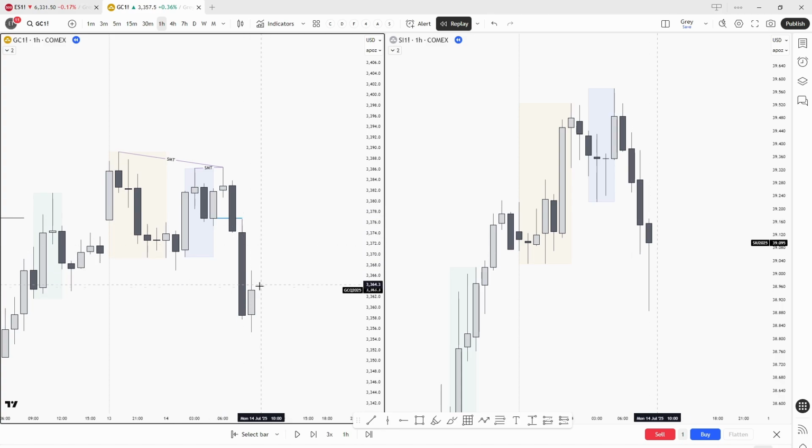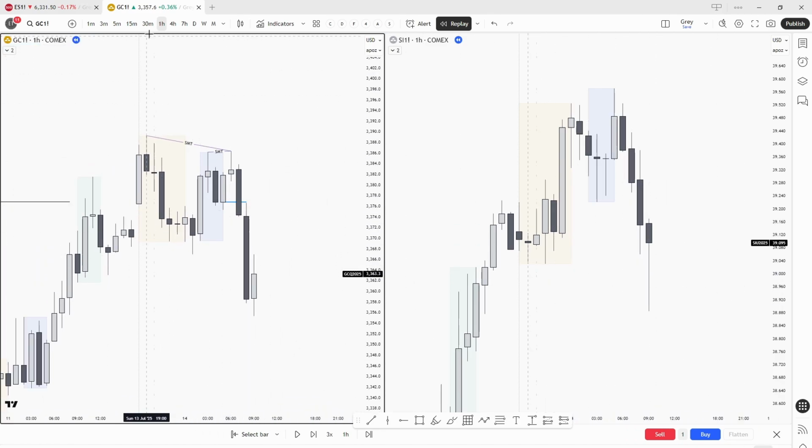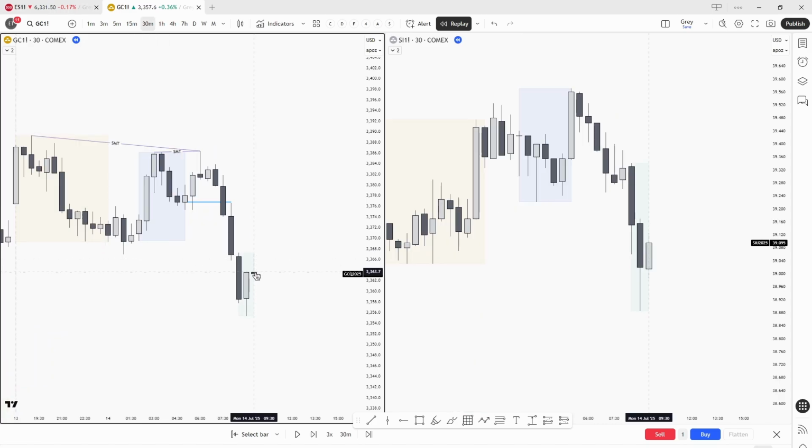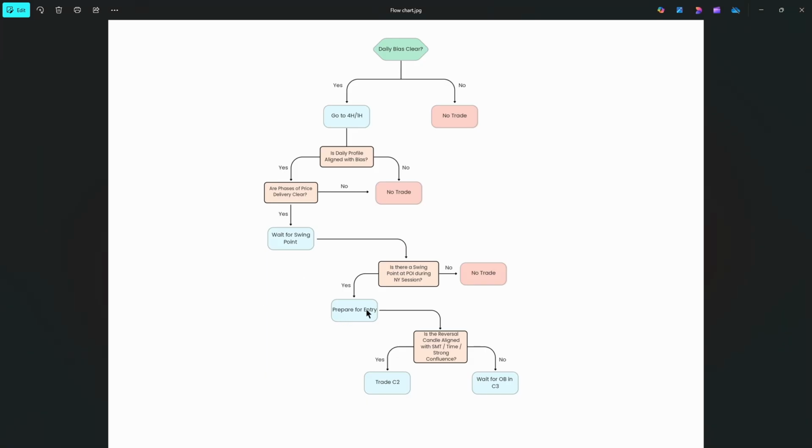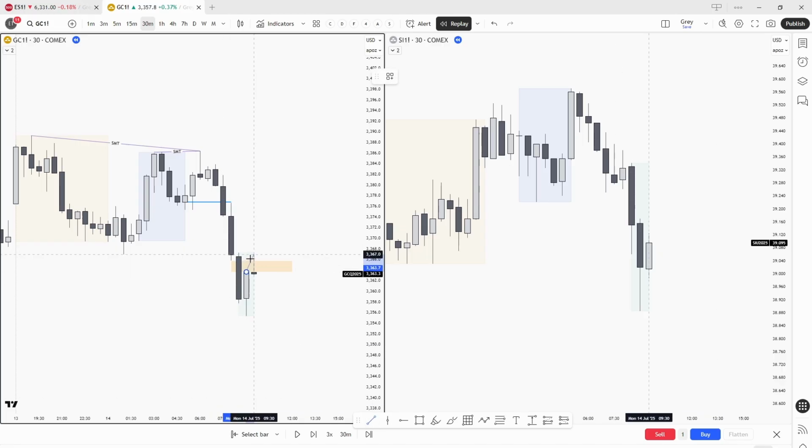And since we are in continuous expansion, I drop down to the 30-minute chart for that swing point formation. Here on the 30-minute chart, you can see the 9:30 created that swing point inside this fair value gap. And if we open the flow chart, do we have a swing point in new position inside a point of interest? Yes, prepare for the entries. Is the reversal candle aligned with SMT divergence, strong confluence? Yes, we have SMT divergence, but since it was a 30-minute time frame and we would be trading the new candle, which is the 10 a.m. continuation,